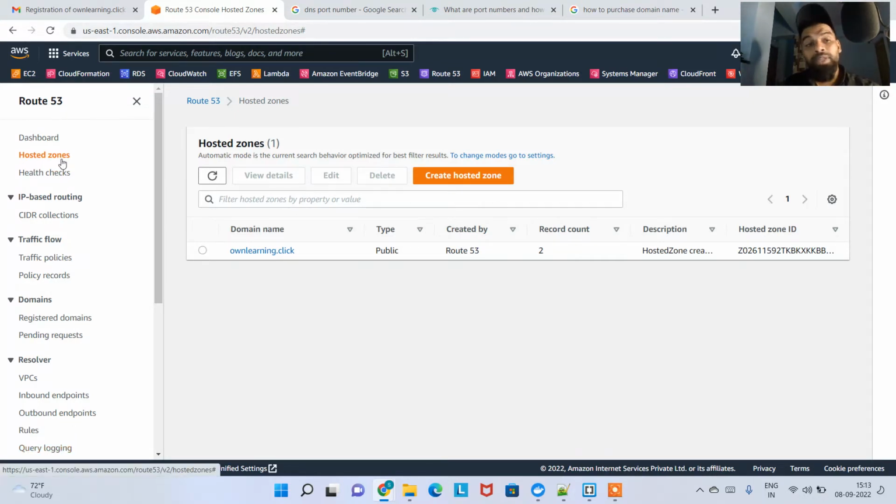Maybe in some other workshop I will dedicatedly explain Route 53 concepts like health checks, traffic policies and policy records, but that is not the motive of this workshop. In this workshop, the next thing is I'm going to configure SSL or TLS on the Amazon Linux 2. If you click on the EC2 here,